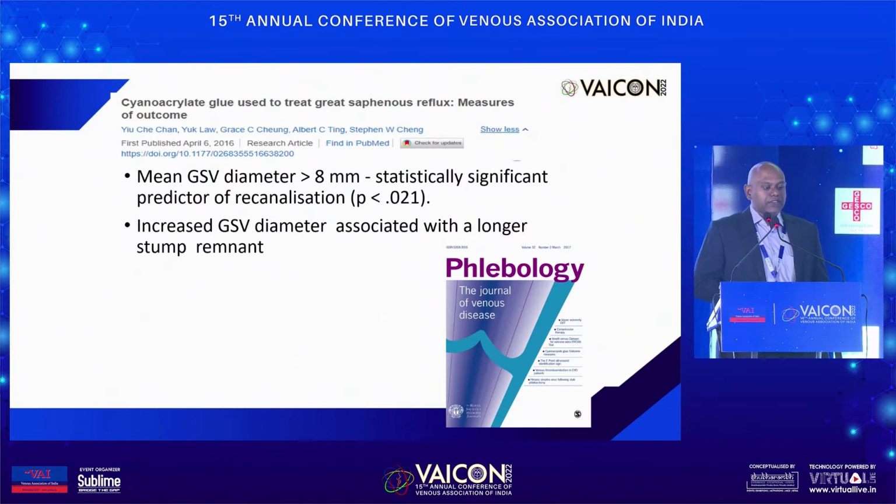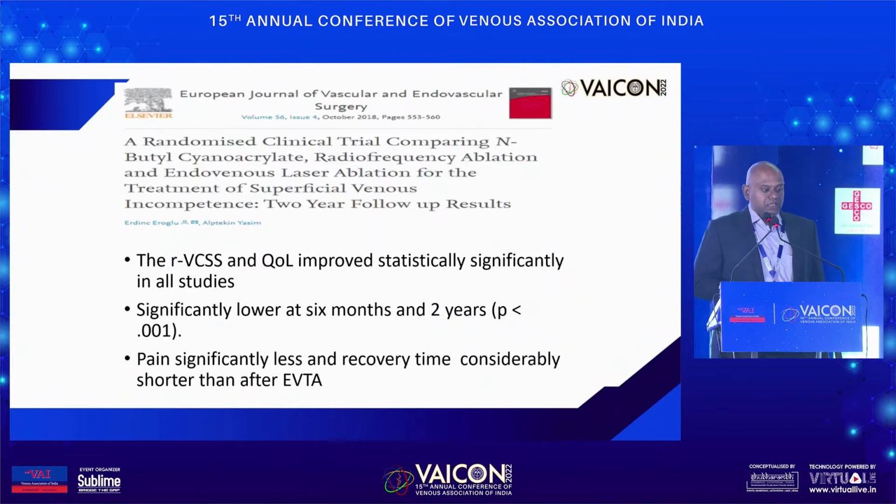Again, a similar study published in Phlebology said that in GSV greater than 8 mm, there is some increased risk of recanalization on using glue. An increased GSV diameter is associated with a longer stump remnant, because when we do the glue procedure, we stay 5 centimeters away from the junction. Now, leaving behind such a big stump in such large veins,